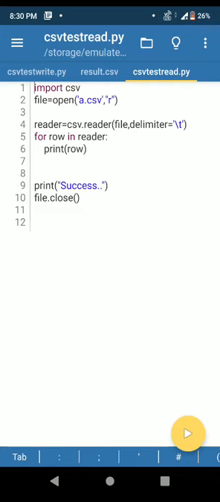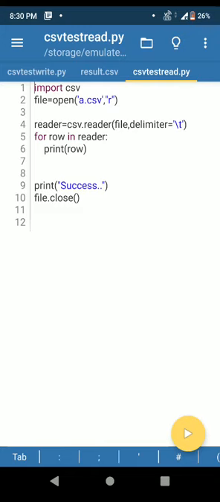Similar to previous program, instead of writer object I am creating reader object. So csv.reader method is used. Here I am passing my file object as its parameter, then delimiter.